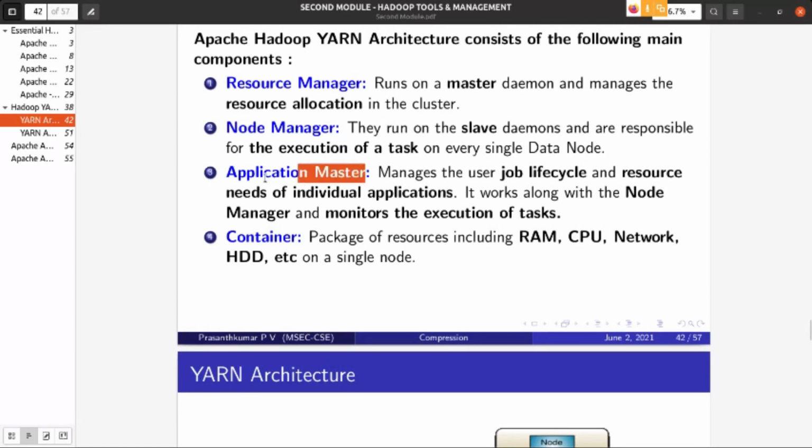If this application master fails, then you can't run that particular MapReduce application submitted to the Hadoop cluster. You can see the application master in the node manager. And previously, this work was done by the master, in your MapReduce framework.